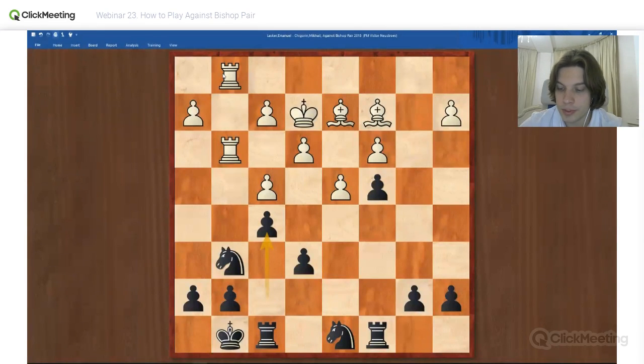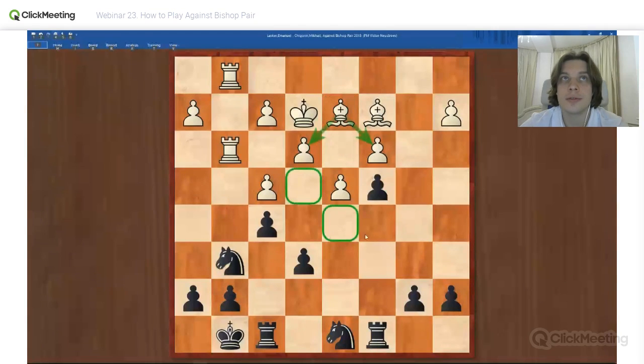At least we restricted the light squared bishop. Of course, the dark squared bishop is restricted by his own pawns here. And we got some good points for our knights, d5 and e4. So these points can be considered as strong points. I'm not sure about e4 because he can play f3 to attack our knight, but I'm definitely sure about the d5 square. d5 is a strong point because in case of e4, f4 it can be hanging.